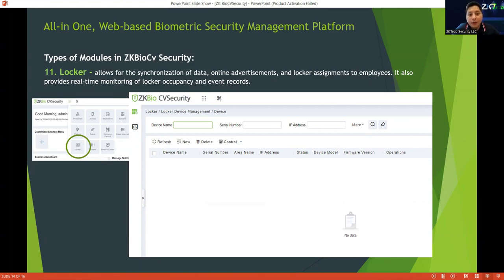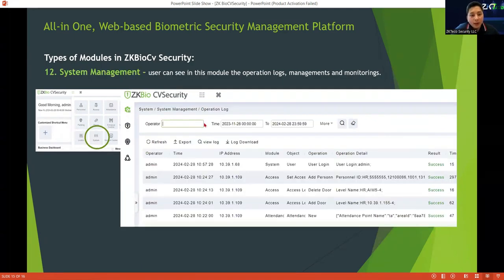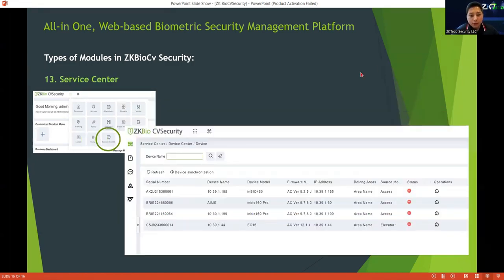It also provides real-time monitoring for locker occupancy and event records. In system management, users can see all the logs. The administrators can see the operation logs, management, and monitoring within the software. Service center, okay, that's all. This training is focused on visitor management, so I just gave some ideas for the modules of ZK BioCV Security.